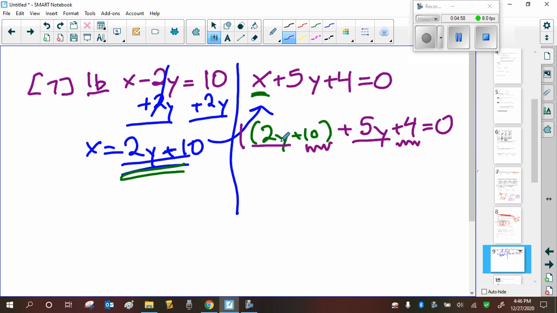Anything times 1 is 1. But we do need to collect like terms. 2y plus 5y is 7y. 10 plus 4 is